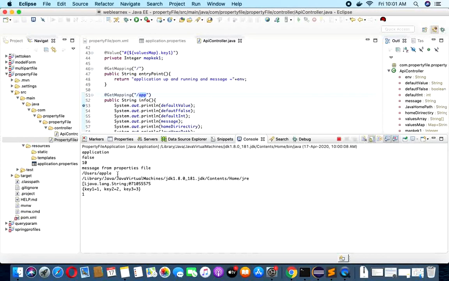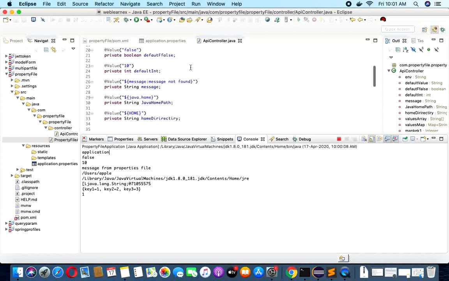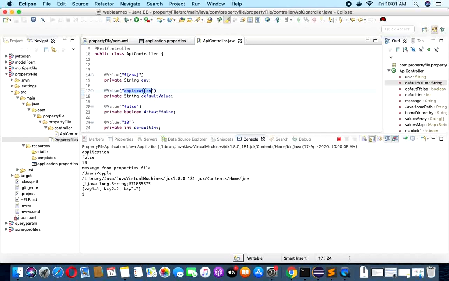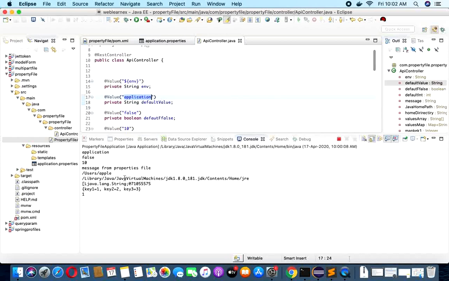So if you observe here, it's showing the application. This is my application, what is the constant value I have put, and this is the application, and this is my boolean value. If you observe here, I put the boolean value as false.